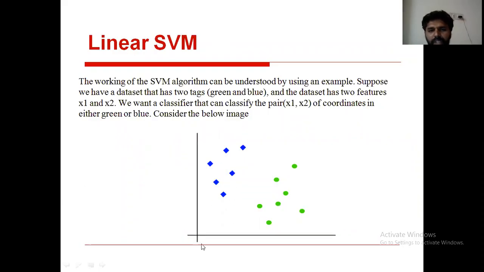See this instance space. This instance space contains some instances. We don't know initially what these instances are. The blue color instances belong to some class and the green color belongs to some other class. Initially we don't have any knowledge of this.